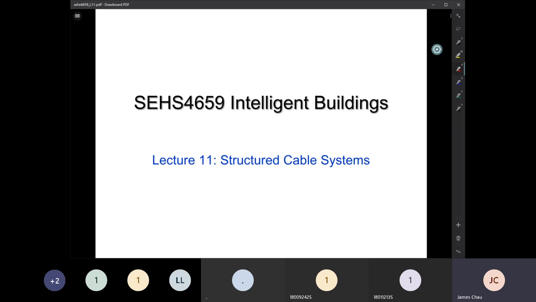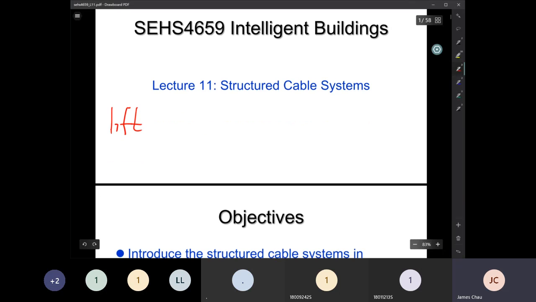For example, we have the lift system, sorry, not life. We have the security system, in terms of CCTV, security system, and we have the network system,